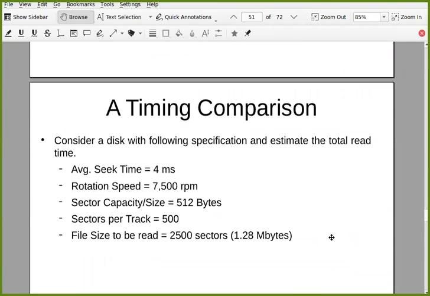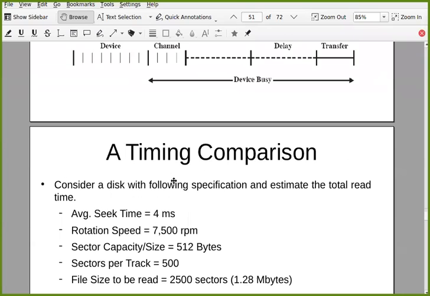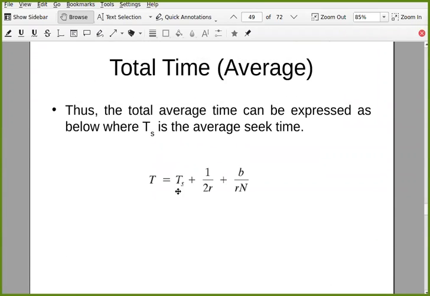So let us see a small example to compare this. Consider a disk with the following specification and estimate the total read time. Average seek time is given as 4 milliseconds, that is this TS.